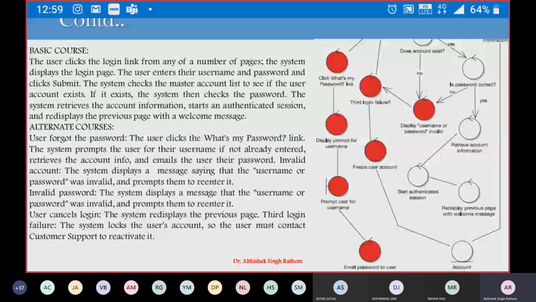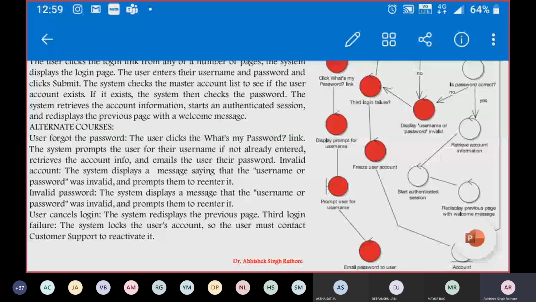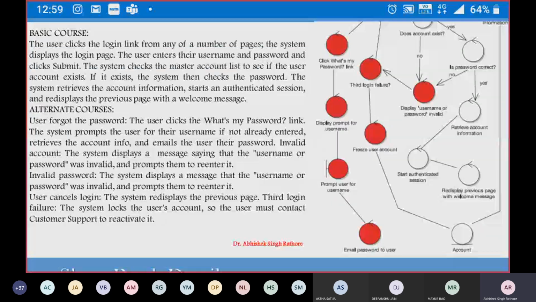So again, we have a functionality for the third failure. If yes, then we go for a new controller class. That controller class says that if it is a failure 3 times, then we create a freeze user account controller that freezes your account, and this information is stored in your account entity class.